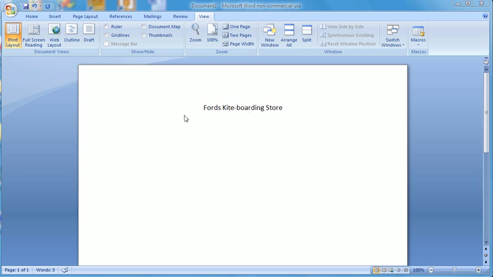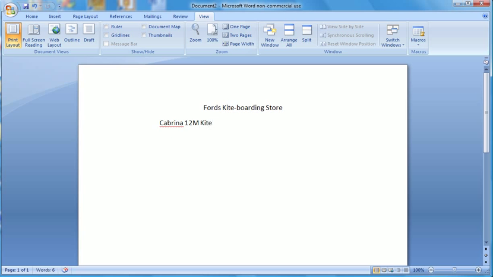Let me try to give you an example. Let's say I've got Ford's kiteboarding store, and maybe I've got 2 or 3 different items, each with an associated price, but I don't want it just to appear at the left margin. Let's say, for example, my first item is a Cabrina 12-meter kite, and I want it to start about here. So I had to hit the space bar about 15, 16 times. Now I'm going to type Cabrina 12-meter kite,